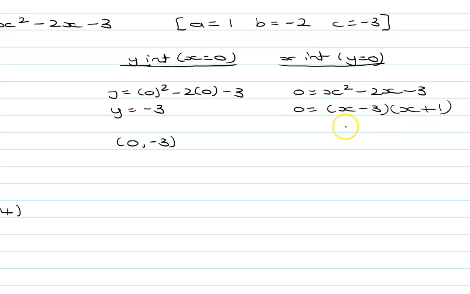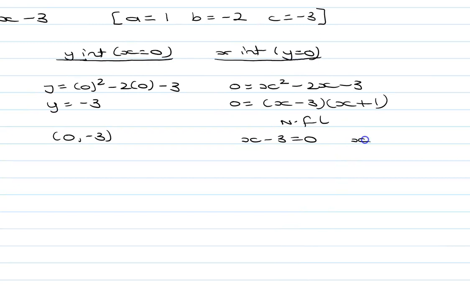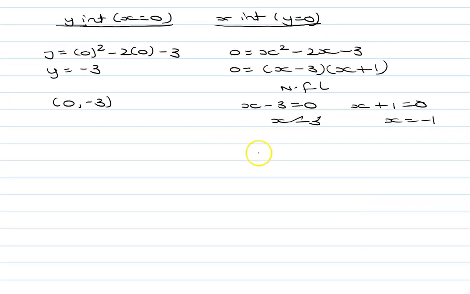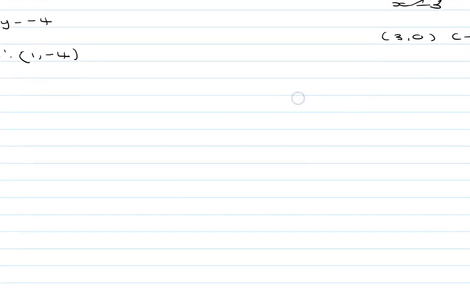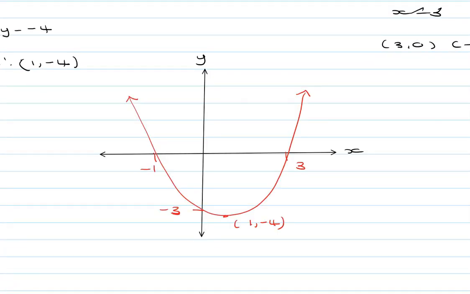So using null factor law to solve this, either x minus 3 equals 0 or x plus 1 equals 0, which means my solution is x equals 3 or x equals minus 1. They're my two x-intercepts, so I've got 3, 0 and minus 1, 0. Alright, so sketching, I'll just do a quick sketch and show you what that looks like. And there you go. Then that concludes